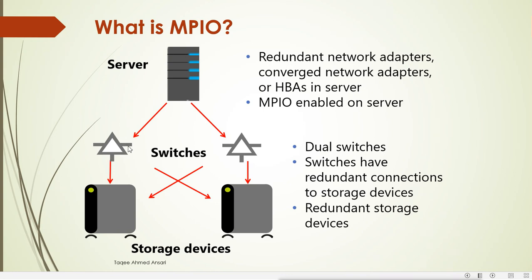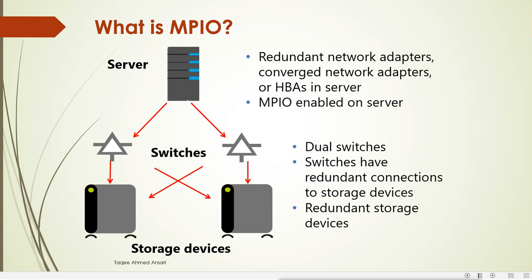Suppose there is only one network, and if the network goes down, then the data is not available for the server. So in that case, in this server operating system, we have the option to configure MPIO, and what can MPIO do? It can use multiple paths to connect to the storage. Multiple paths, more than one, it can be 2, 3, 4, whatever. For redundancy, it will use multiple paths, and if one path goes down, then it can use the other path to connect to the storage device. And also it will give the load balancing option.